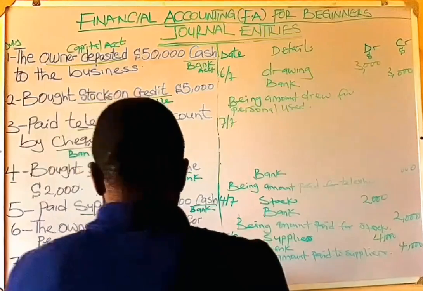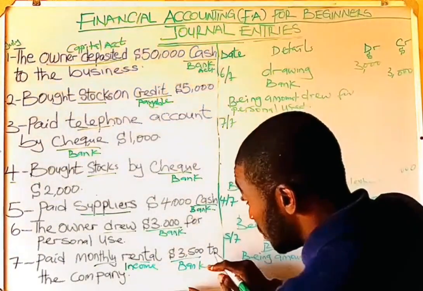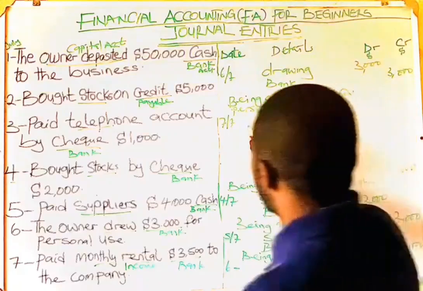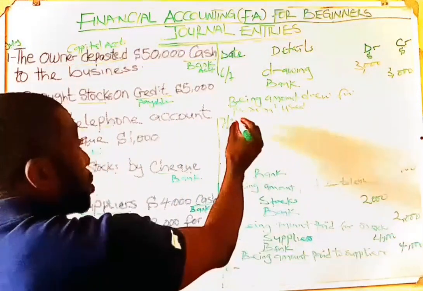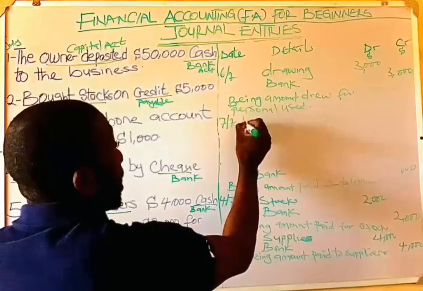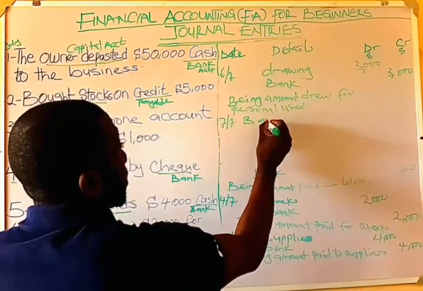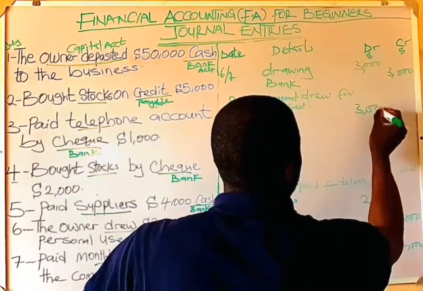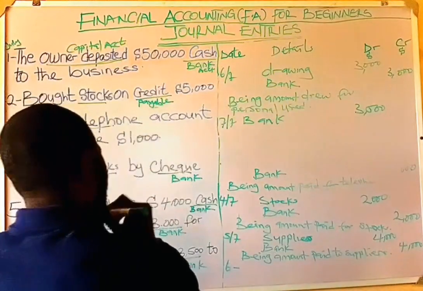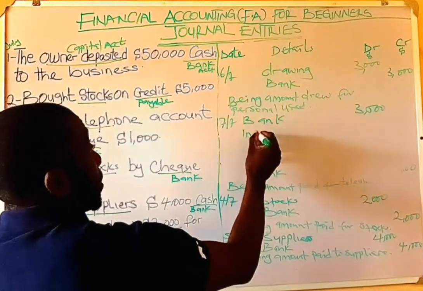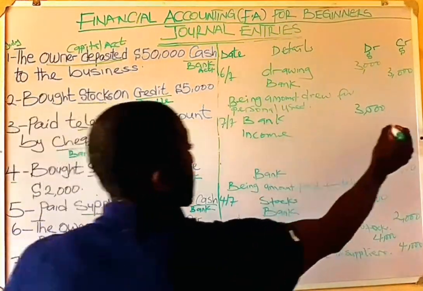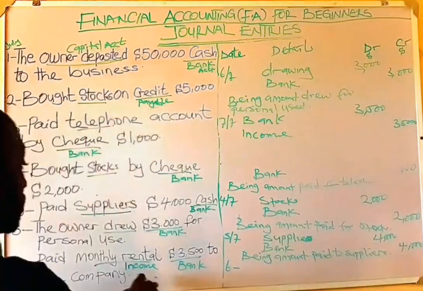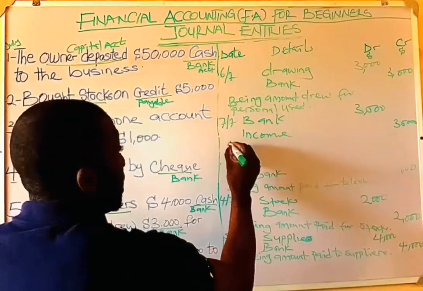You say cash, that is bank, 3,500 debit, and the rental income account, 3,500. Then the narration,